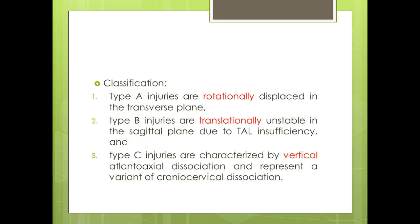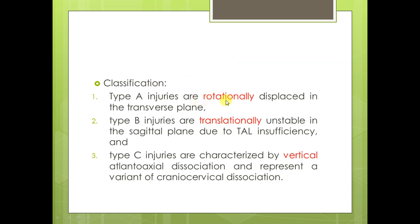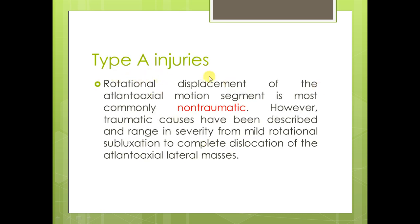Atlantoaxial instability is instability between C1 and C2, either rotational, C1 rotated over C2, or translated, mostly anteriorly over C2, or vertical translation. Type A, which is rotation,